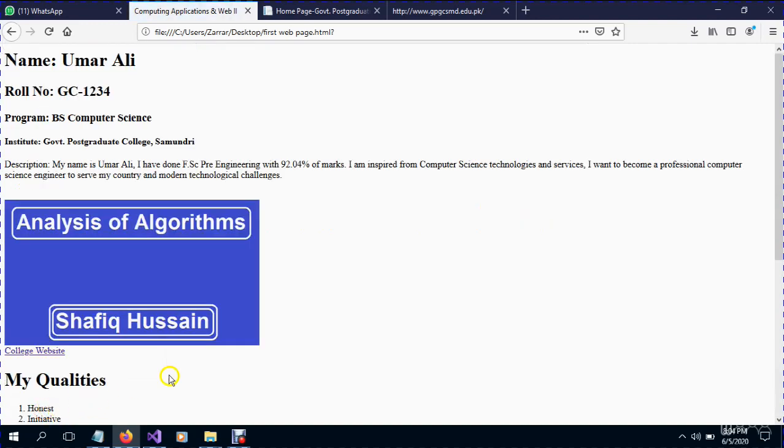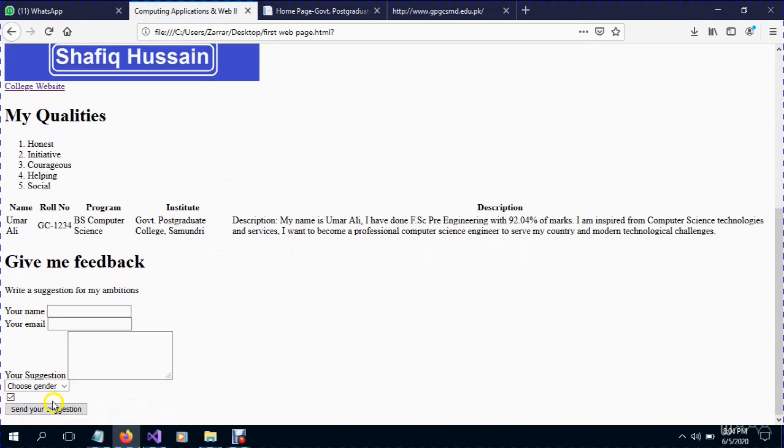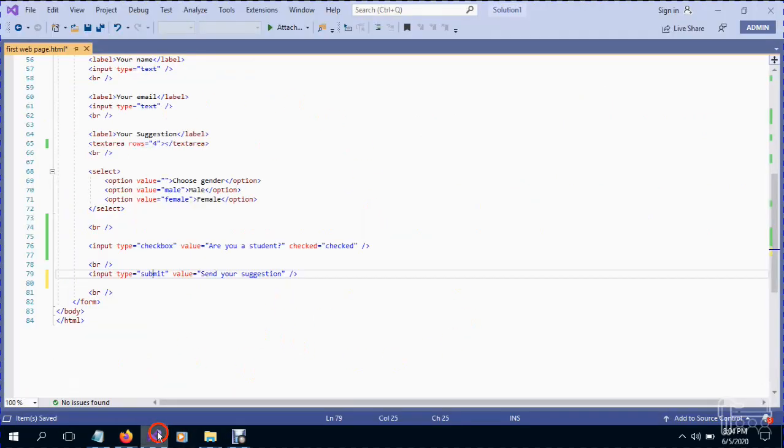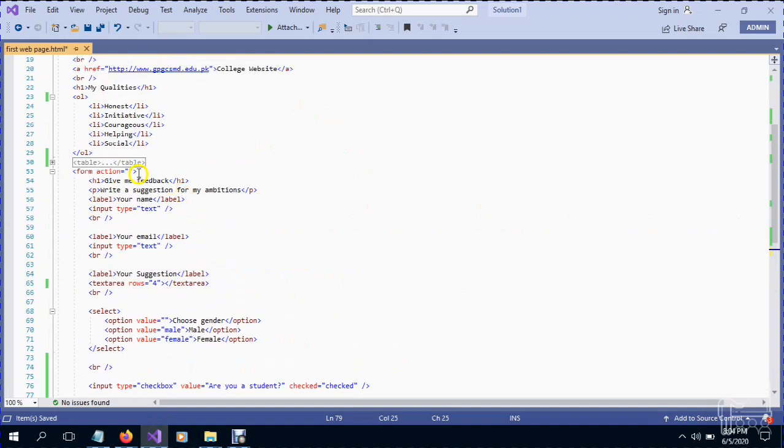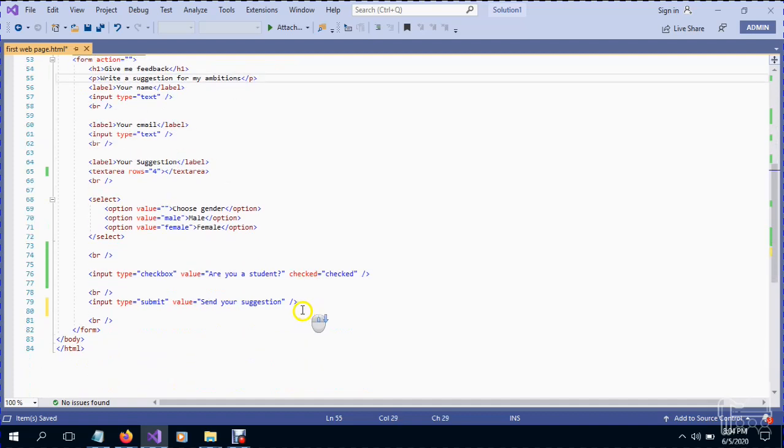When you click, your form will go to a particular link, a particular server whose URL you will give over here in this action attribute. So the input element has two attributes: the type, which is submit, and the second attribute, the value, that is used to display on the face of the button.